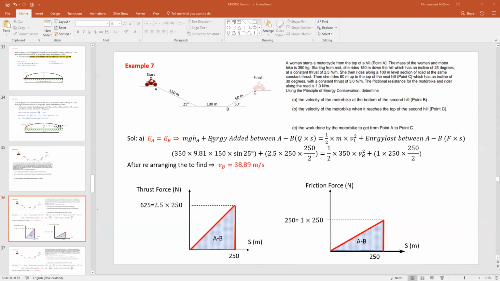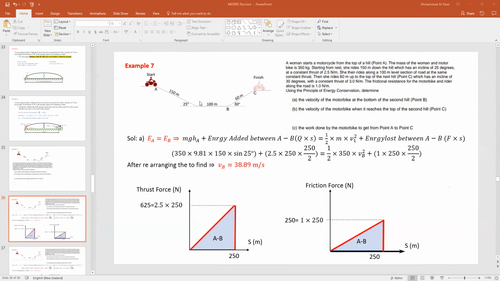Now, how can I find the energy added due to the thrust force? What's given to me is saying every meter there is 2.5 newtons. So she's done 150 meters plus 100 meters. So that will be 250 meters in total times the 2.5. That will give you 625 thrust force during her 250 meters, the displacement. If you look at this shape, it's technically a triangle. So half of the base, half of the 250, times the height, which is 2.5 times 250, which is 625,